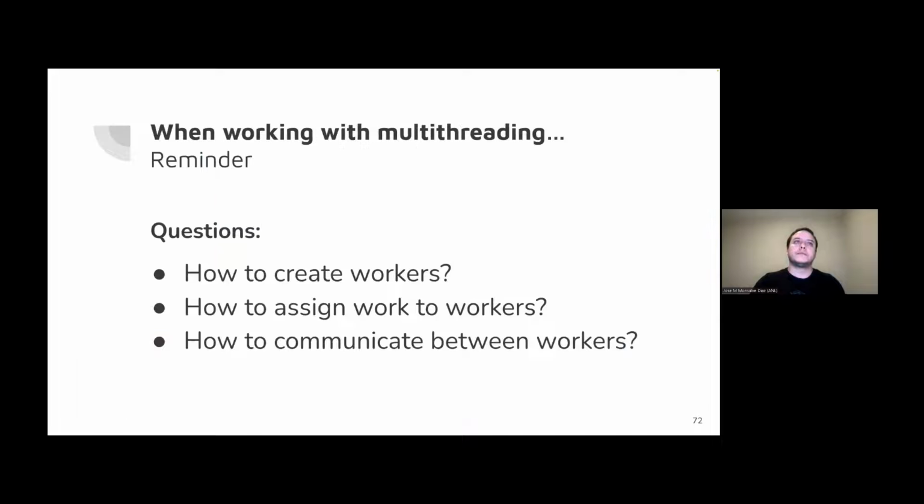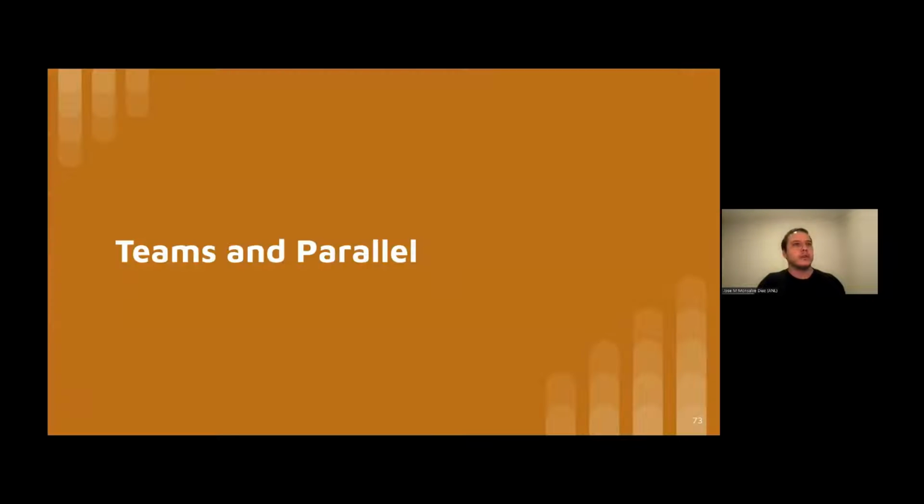Twice. There you go. So when working with multi-threading, we had these three questions: how to create workers, how to assign work to workers, and how to communicate between workers. We're going to have the same questions for the GPU. How do I create many workers? How do I send work to each of those workers? And how do I communicate between the different workers? So same questions, different